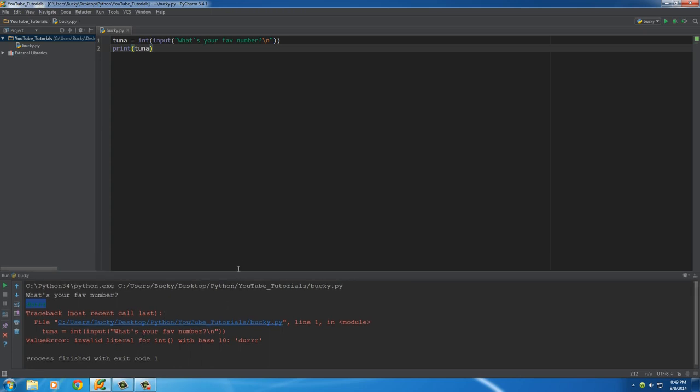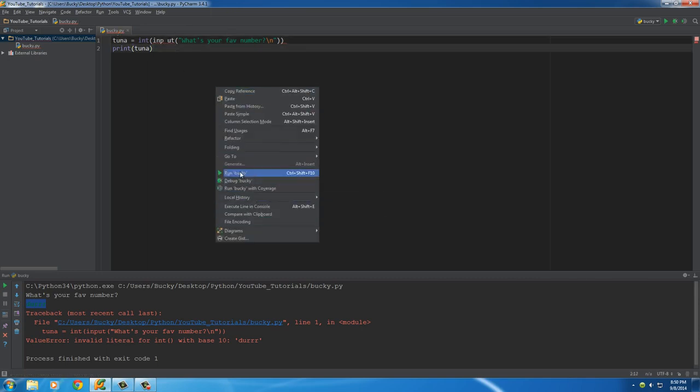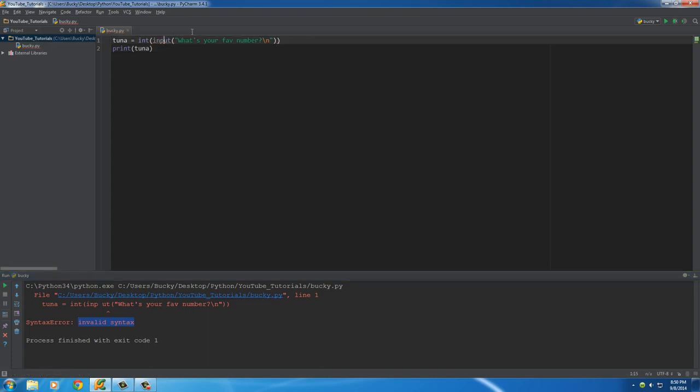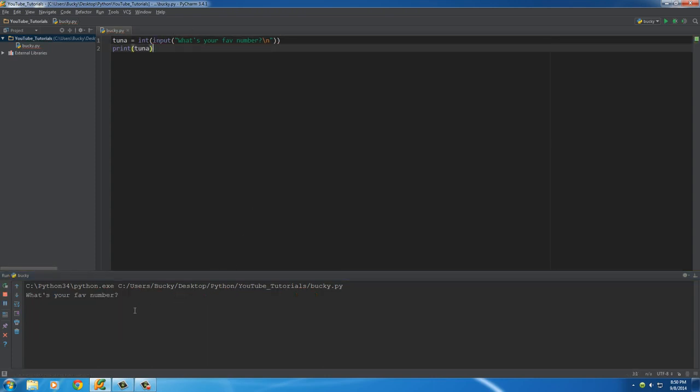So that's the difference between a syntax error and an exception. Whenever I say a syntax error, that means a problem with your code. So instead of writing input, if you accidentally misspell input, of course, that's a typo. That's a syntax error. So whenever you run this, that's why it says invalid syntax. Whenever you see this, it means, hey, you made a typo. And again, the other one